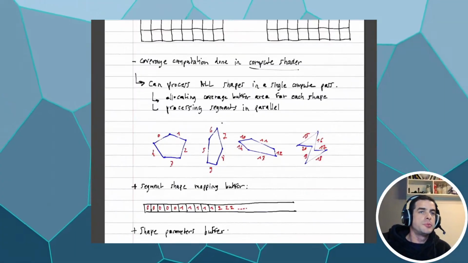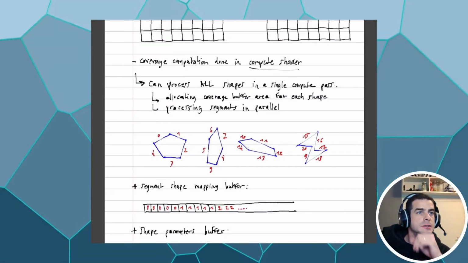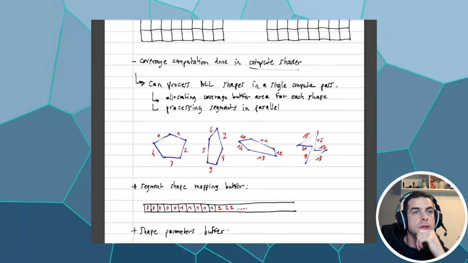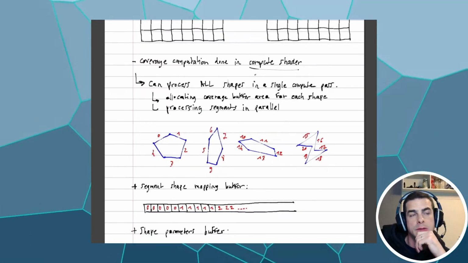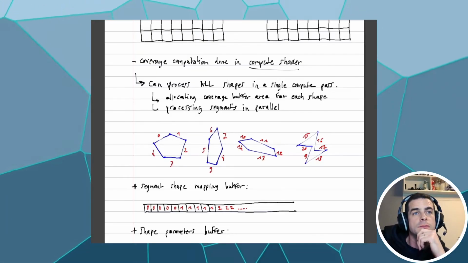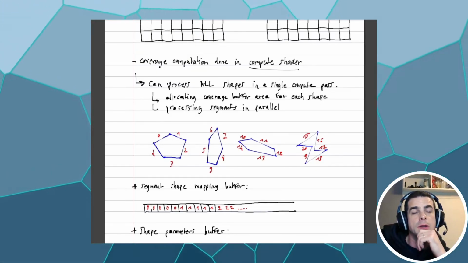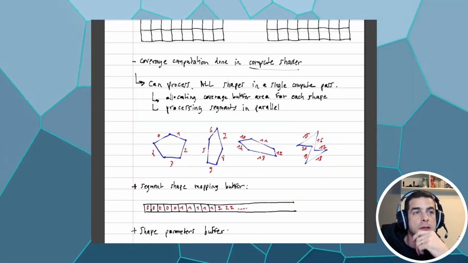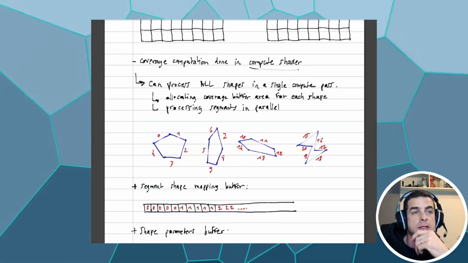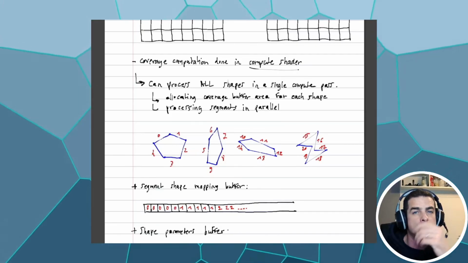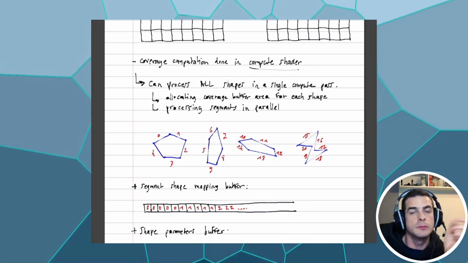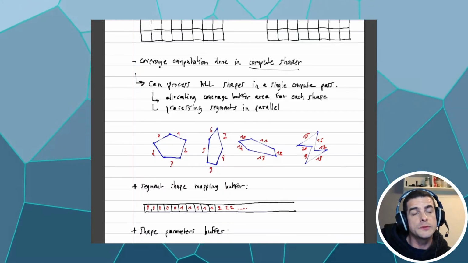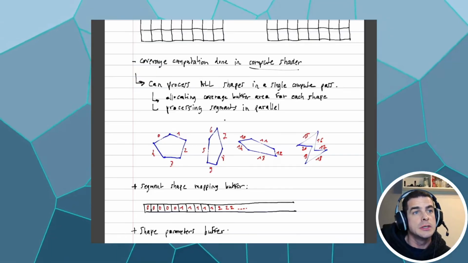Now, the final point I would like to mention is that in fact all this coverage computation is done in a compute shader on our side in WebGPU. And the other very cool upgrade done compared to the NanoVG library is that we can now, in fact on our side, process all the shapes that we want in a single compute pass. To do that, what you really need to do is to